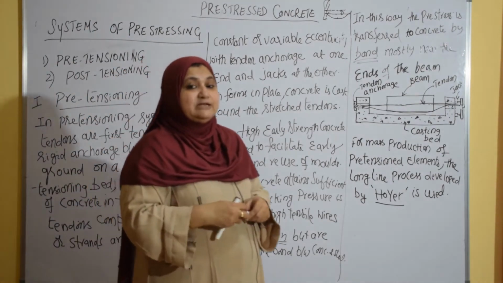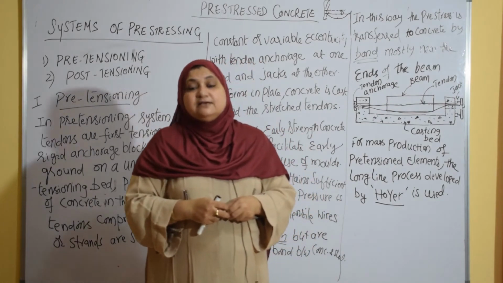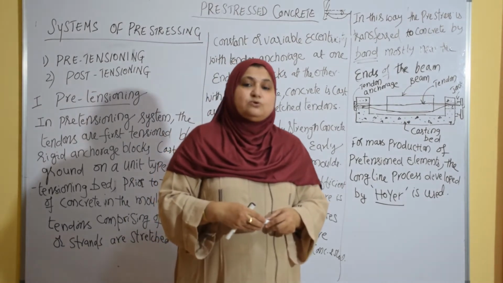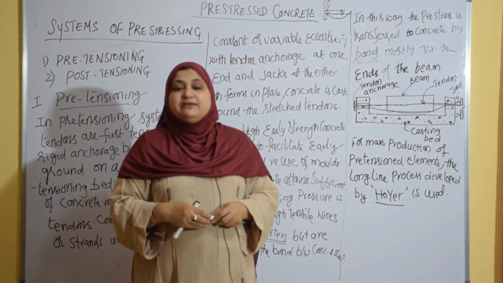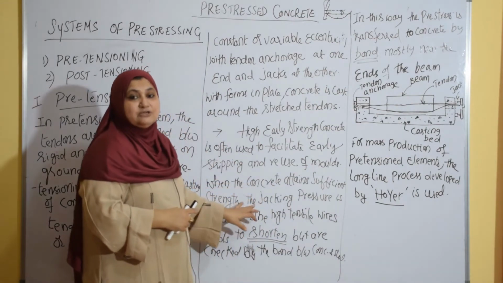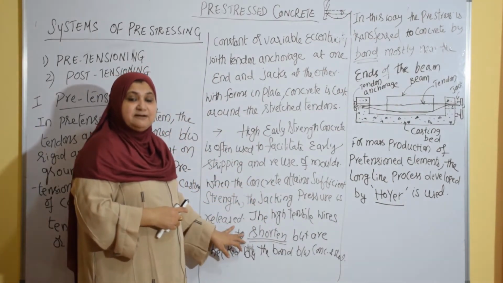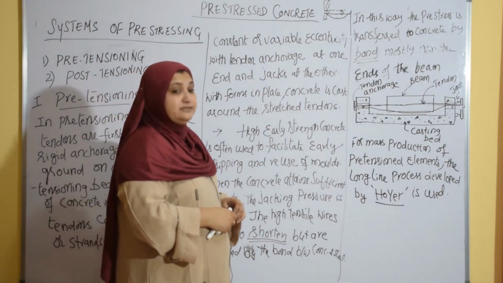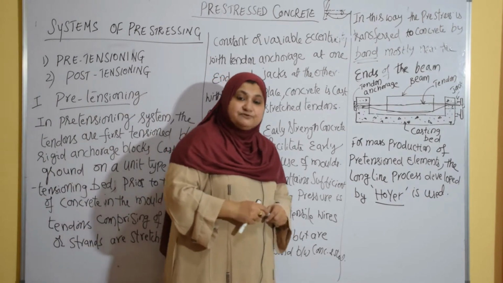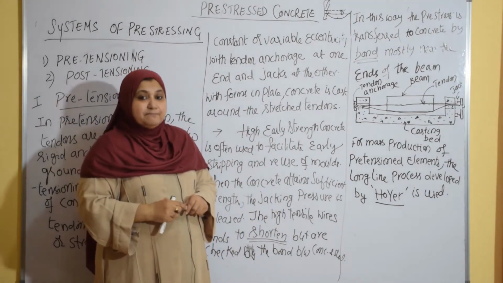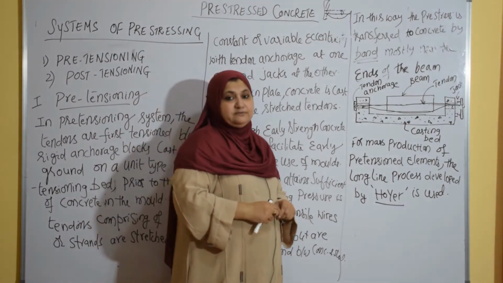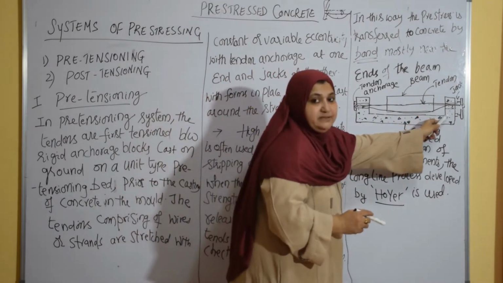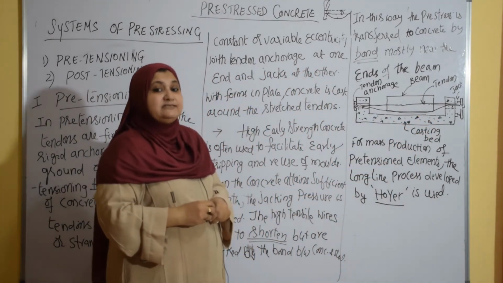When I gave the definition of pre-tensioning, I said that in this method the pre-stress is imparted from the steel to the concrete by the bond between concrete and steel. So this is how the shortening of the bar is checked by the bond between concrete and steel. In this way, the pre-stress is transferred to the concrete from the steel by the bond. Mostly that transfer will be near the ends of the beam.